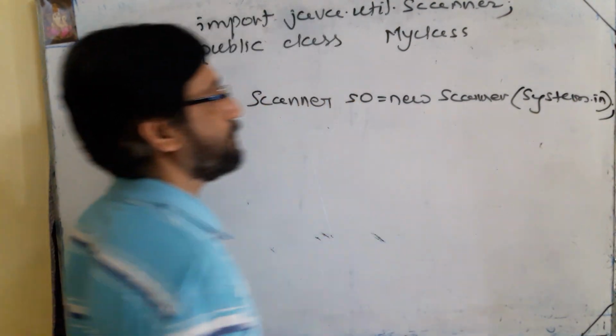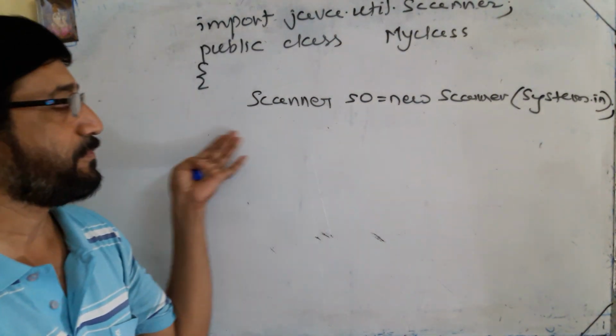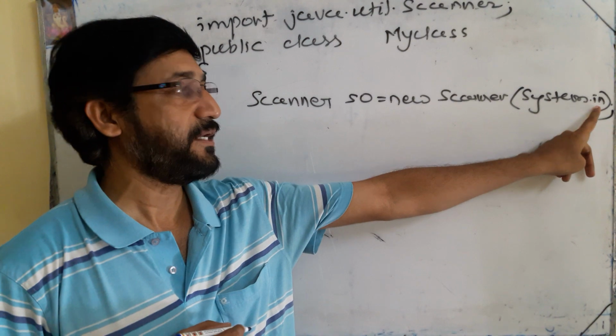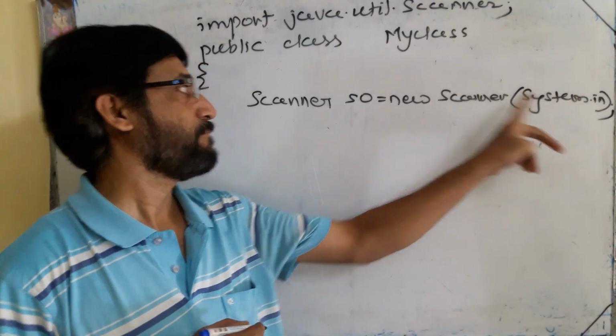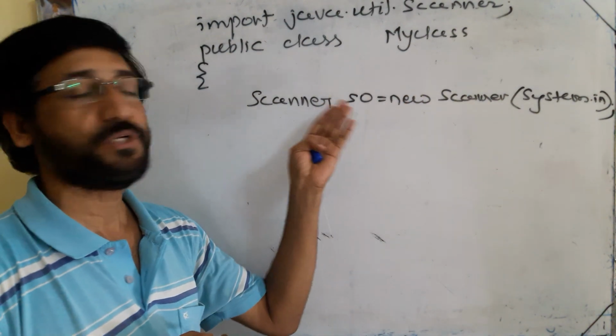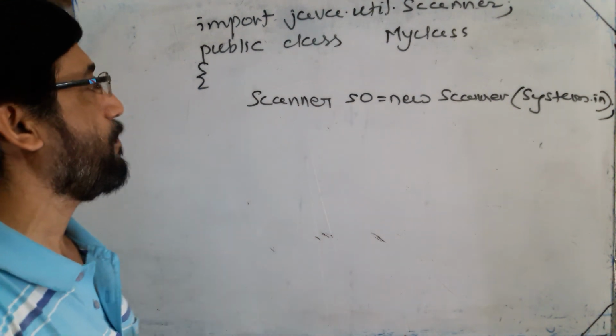System.in. So Scanner so = new Scanner(System.in). You know the use of this statement. When you input data from the keyboard, first of all it will be stored in the in variable of the System class. Then the Scanner class will make its object, and the input data will be stored in the so variable, that is, in the form of the so object.